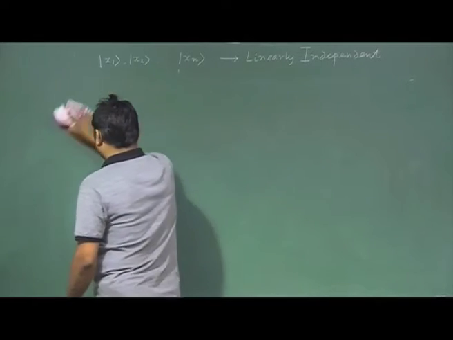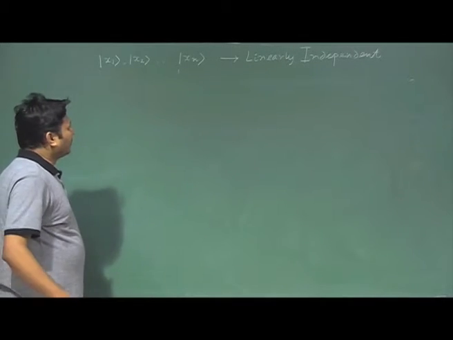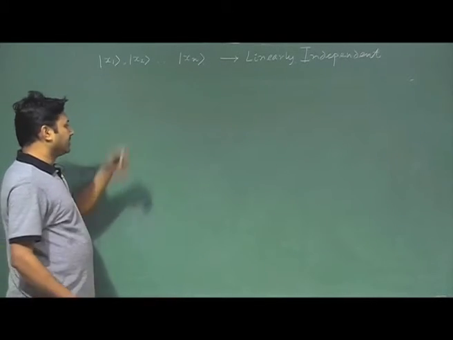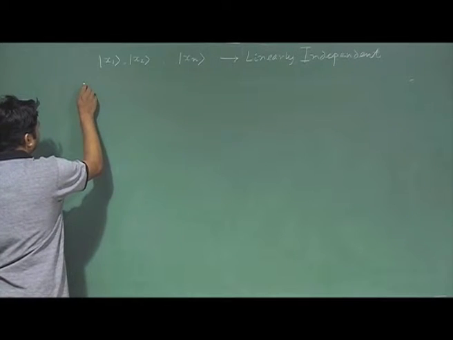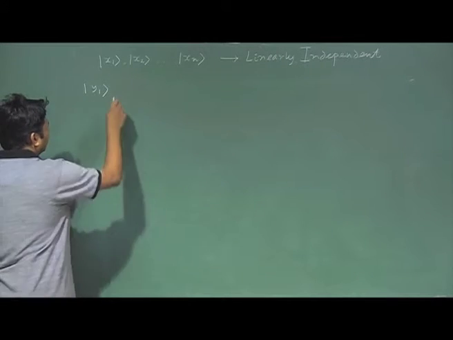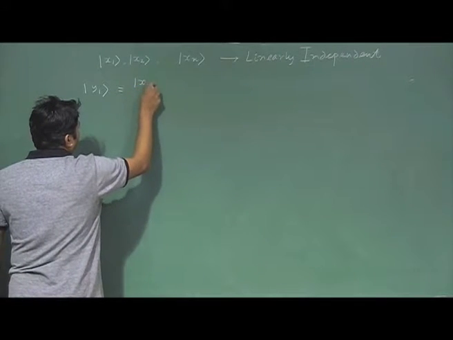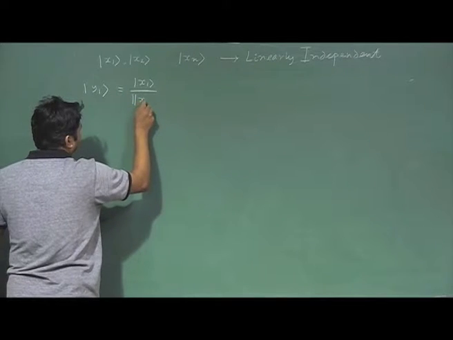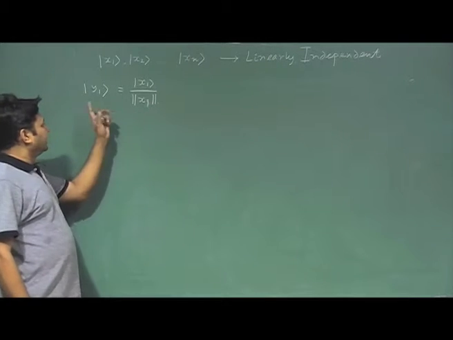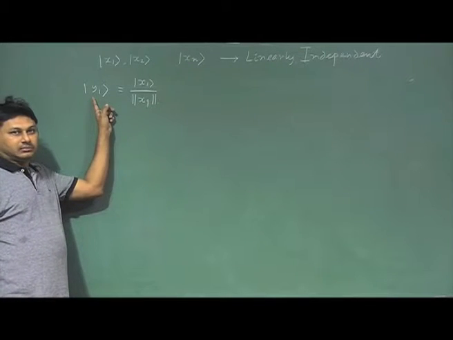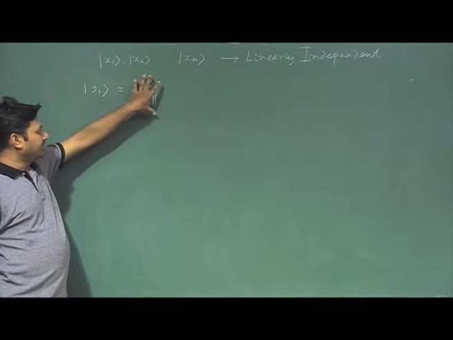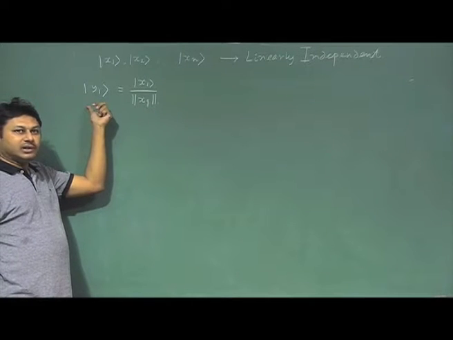So let us start with that. How do I choose my vectors y1, y2, y3 so that they are orthonormal to each other from this set of linearly independent vectors? Let me do that in this way. First I choose y1 in the direction of x1 and divide that by the norm of this vector. If I do that, then readily I find that y1 is a unit vector along the direction x1, no problem with that. So the right hand side is known, so I can automatically generate my y1.